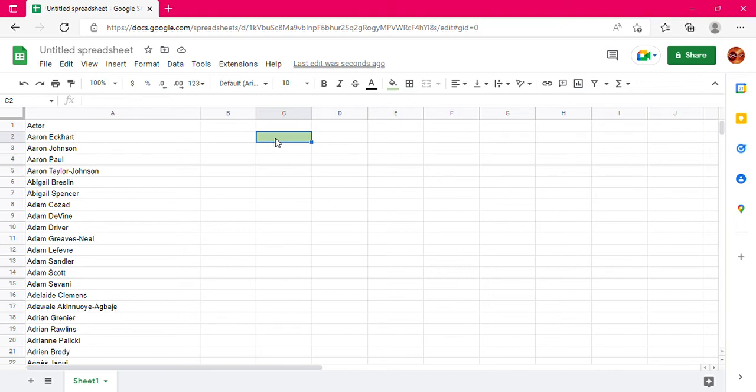Hello friends, today we are going to create a searchable drop-down list on cell address C2 in Google spreadsheet. For this, we have a complete actor list in column A. To create a searchable drop-down list in cell address C2,